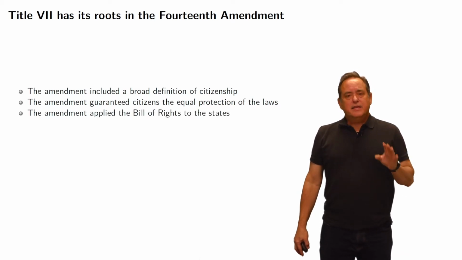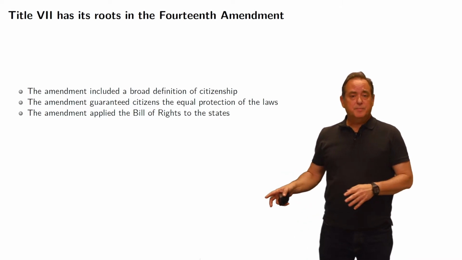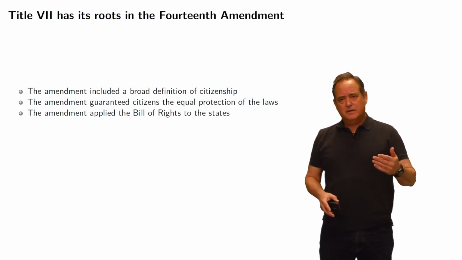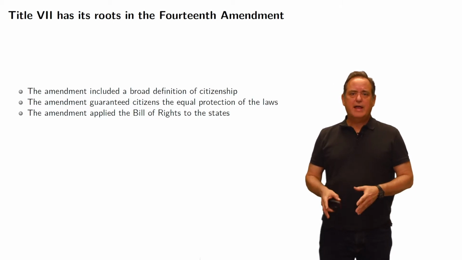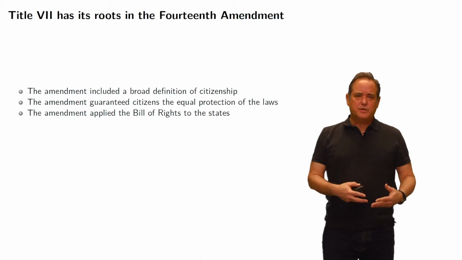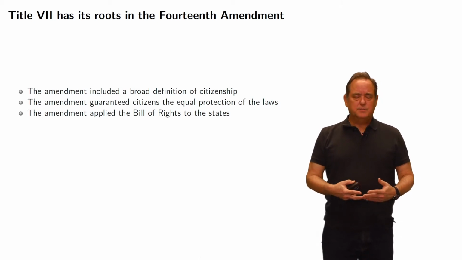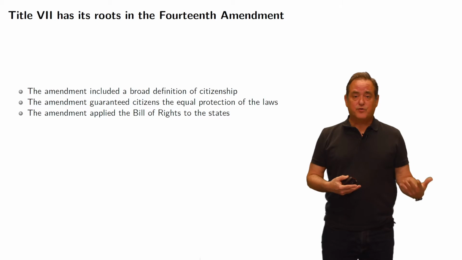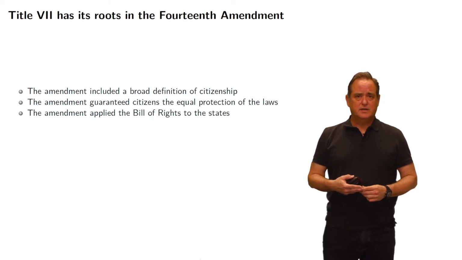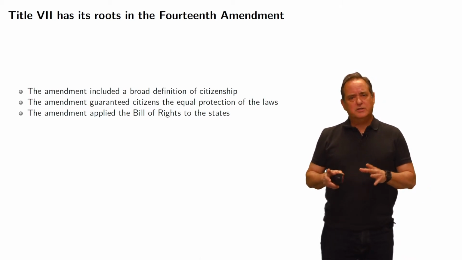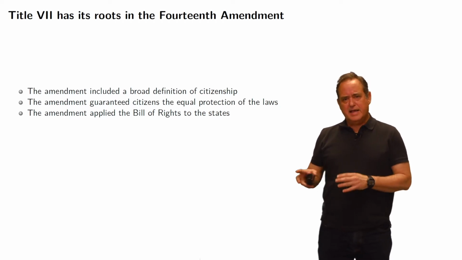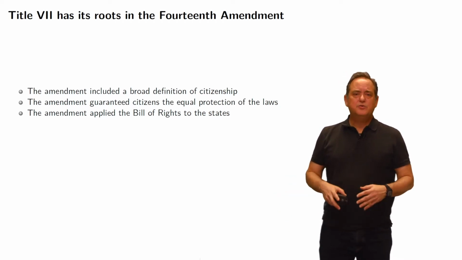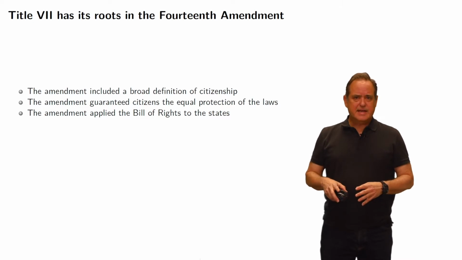And finally, the amendment, for the first time, applied the Bill of Rights to the states. Remember, the Bill of Rights are all aimed at Congress. Congress shall make no law, with the idea that the states would be protectors of people's liberties. But in fact, just the opposite proved true, that we learned that the states were the leading infringers on people's liberties. And so all of those protections that were found in the Bill of Rights as applied to Congress were made to apply to the states as well.